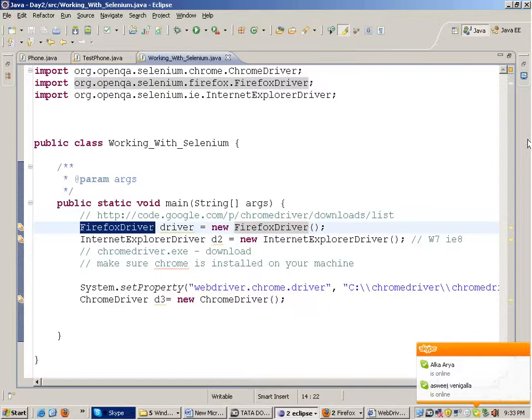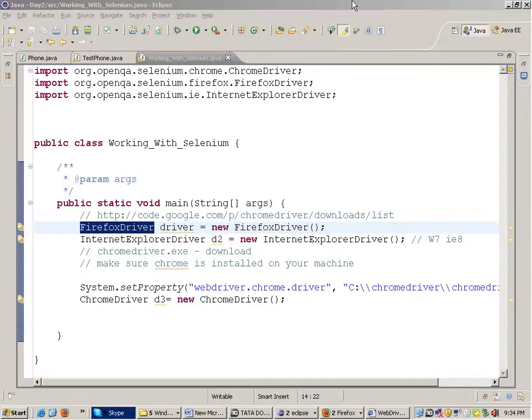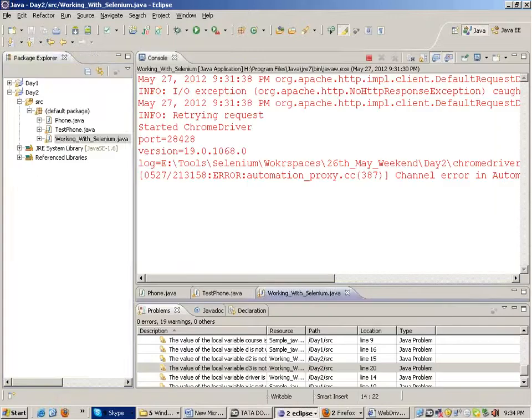The answer to this comes from the concept of interfaces in Java. In object-oriented programming, we have the concept of interfaces, right? So now I'm going to teach you the concept of interface, and then I'll tell you how these classes can be used with the help of the interface WebDriver. And hold on, I'll tell you. Basically, I'll make a new class.